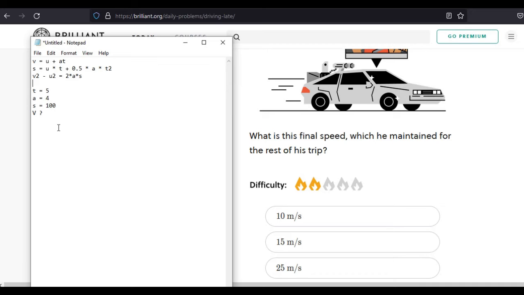So all we have to do is find an equation which has these 4, v, s, a, and t. This has v, a, t, it has u as well, we do not know u. This has v, a, s, which we have, and it has u as well, which we do not know, and here as well it has u. S is equal to ut plus half at square. So we do not have an equation to solve this. We need to use 2 equations. So we use the first equation to get v in terms of u, and then we use the u to get the other one.